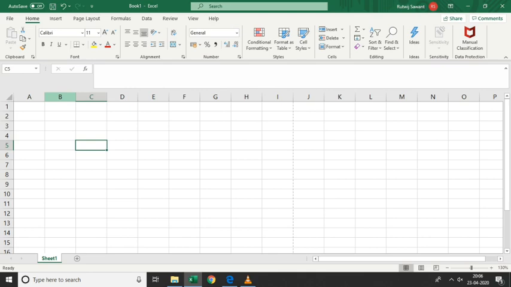So in MS Excel there are a number of cells. As you can see, when you click on one, you get a highlighted box. This is called a cell. When you click, the name of this cell will display within this name box. As you can see, it's giving me F5. It will not give you 5F, it will give you F5. First it gives the column name and then the row name.